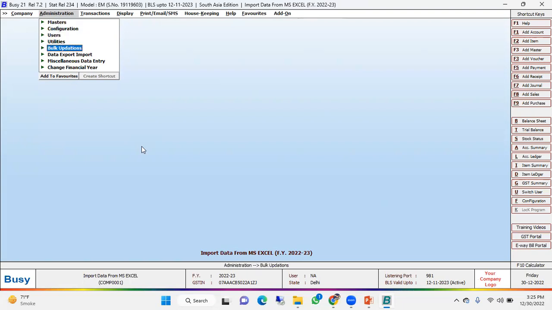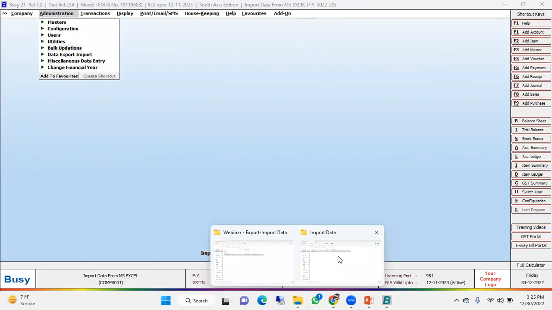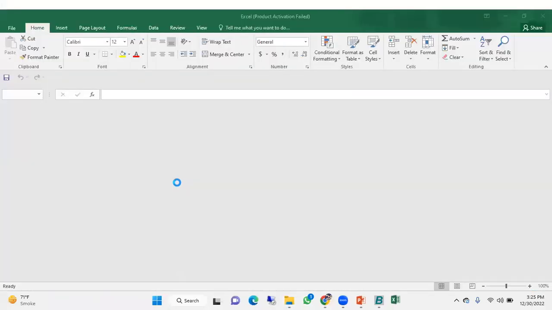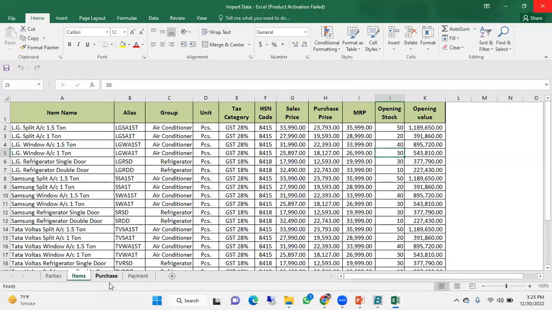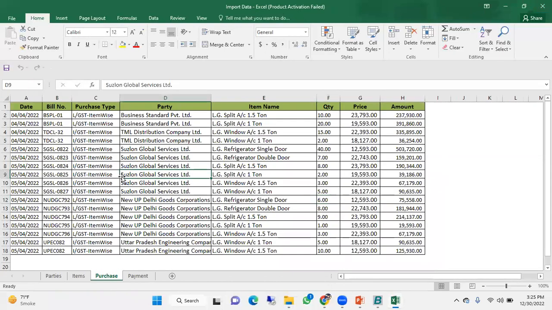Next, we will import the vouchers. How can we import the transaction? So let me show you the Excel sheet first. See, this is my Excel sheet. And the third sheet is purchase transaction. So in the purchase transaction list, you can see the first column is voucher date, second column is voucher bill number, third column is purchase type,